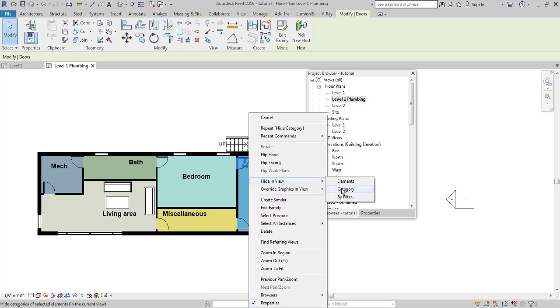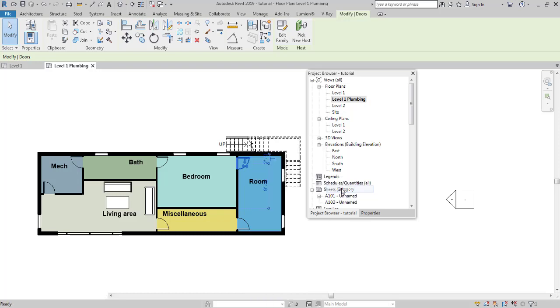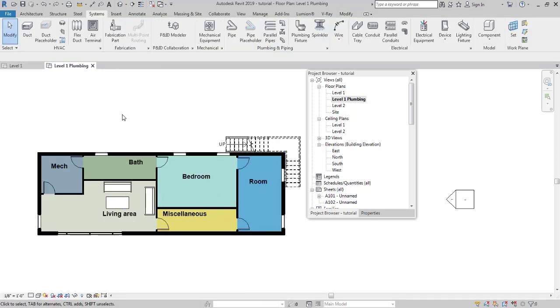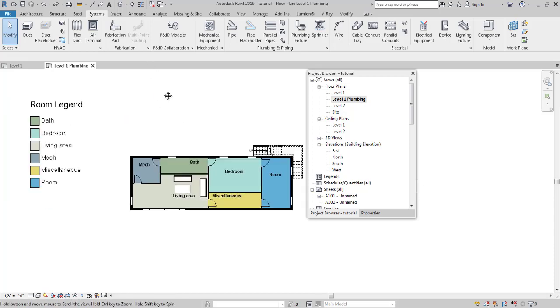So anything that is a door will be hidden. See, all doors are hidden, but we won't be removing the doors. It was just to give you guys an idea. So anyways,